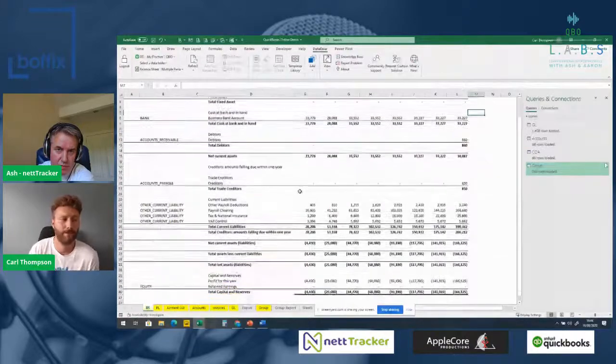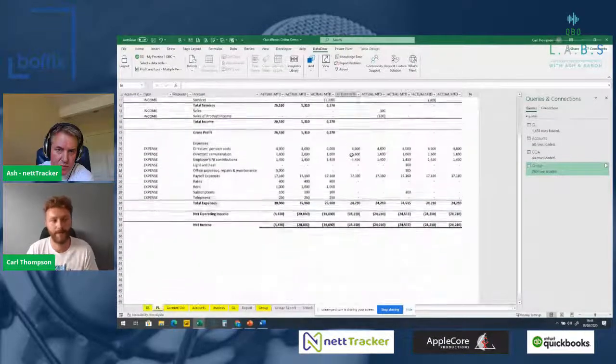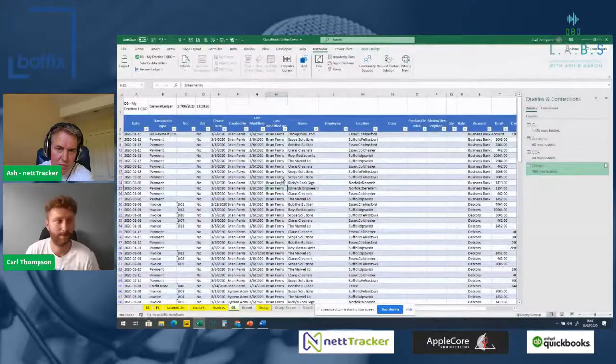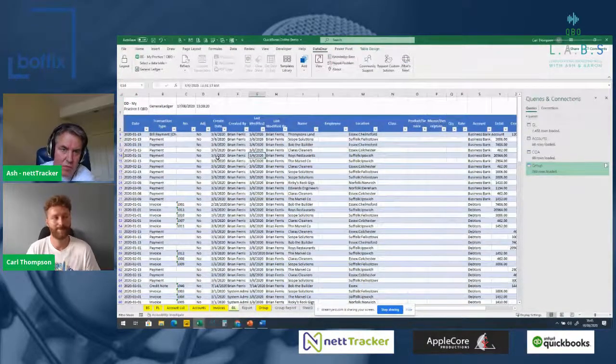But actually, more often than not, what we'd want to do is really tweak these report designs and go a lot further than just this. And what I'll do in those instances is potentially get access to the source data. So QuickBooks do an amazing job of exposing the general ledger. So here I've got the general ledger, and again, I can easily just refresh this whenever I need to update it, change my clients if ever I want to tweak from that. But really what this is exposing is the raw ingredients, everything that I need to actually build out my report